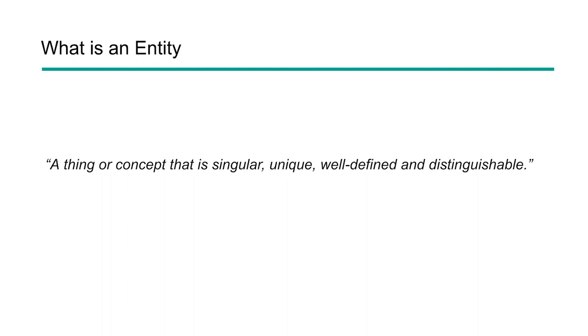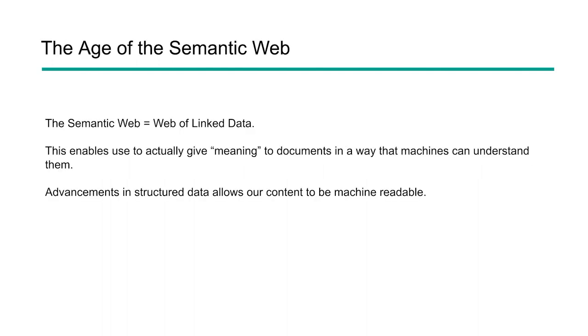So entities are extremely important when we talk about the world of the semantic web, and that's the world that we live in today. While many people may not know this or understand it, the web that we're using today is the semantic web. And large companies have really started to tap into this because of what the semantic web provides them with, and that is data. So we can really think of it as a web of linked data.